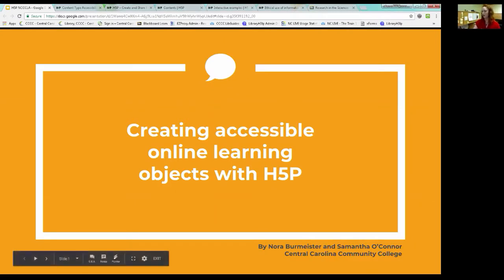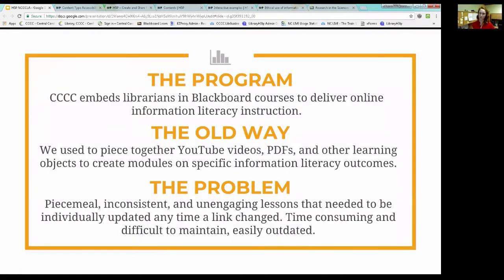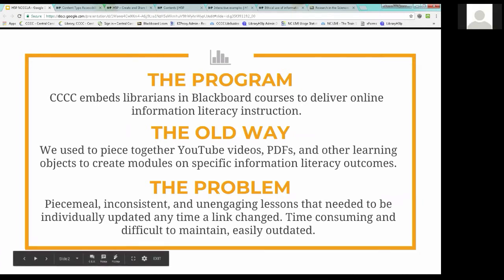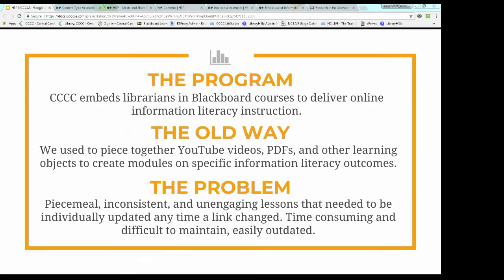So I'm going to be talking about creating accessible online learning objects with H5P. And one of the things that you need to know to understand what I'm going to talk about is the way we used to do things and what we were looking for when we started this program. CCCC has had an embedded librarian program for a while now, and we were finding that the way that we had been embedding our content was not working as well for our users as we would want to.